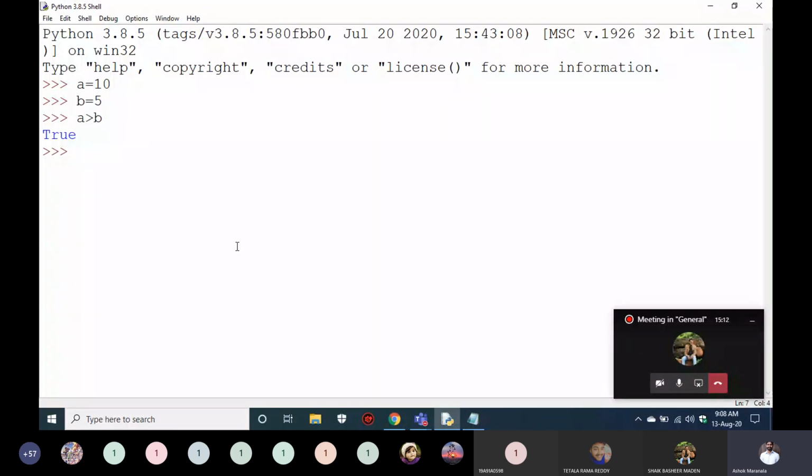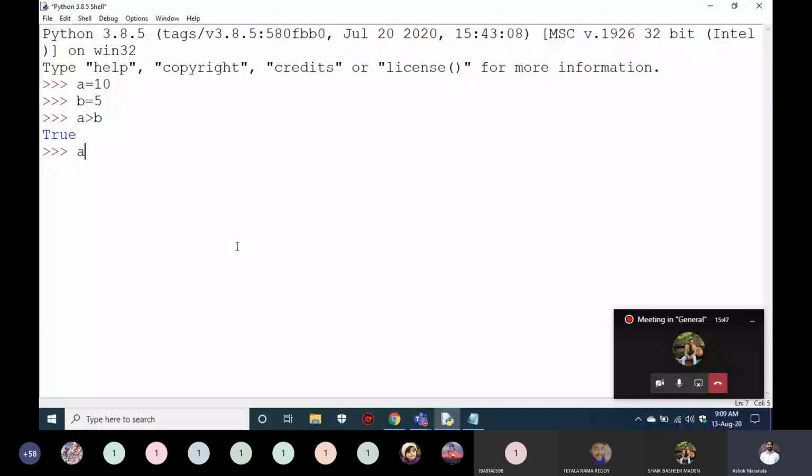So we have seen arithmetic operators, right? When you add two integers, you are again getting an integer as an output. When you subtract two integers, again you are getting an integer. When you multiply two integers, you are again getting an integer. That means through whichever data you're working, you're getting the same data as an output. But now here you're working with integers, but you're getting a boolean as an output. That means relational operators every time give output as a boolean, true or false, that's it.